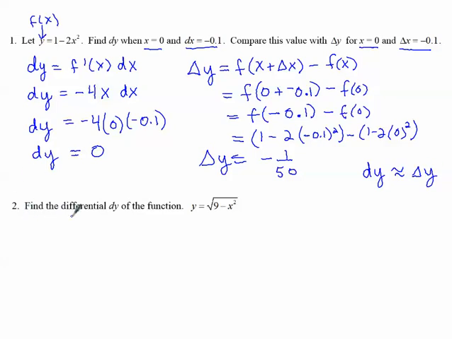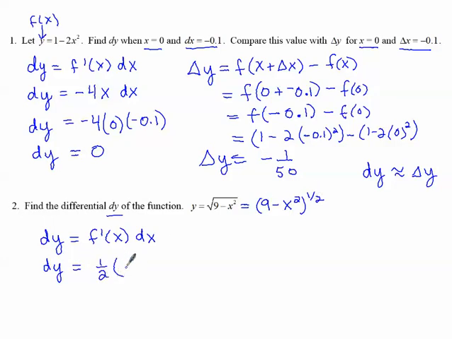Number 2, find the differential dy of the function y equals square root of 9 minus x squared. So again, we recall that dy is f prime of x dx. So basically, they're just saying take the derivative of this function. So let's do that. Let's rewrite this in a more derivative-friendly way with the exponent, and then we can use our power rule and chain rule. 1/2 multiplied to the front, 9 minus x squared. Subtracting 1 from the exponent gives negative 1/2, and then the derivative of the inside, negative 2x. dx at the end,